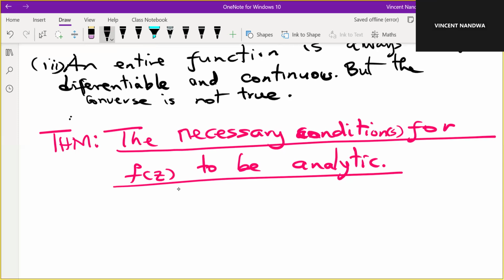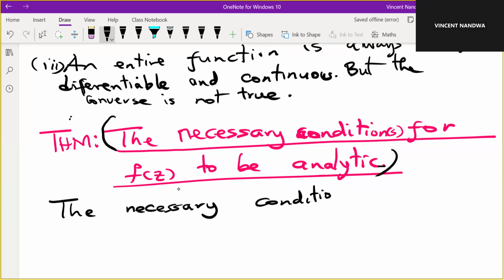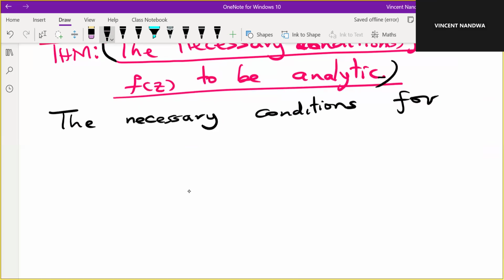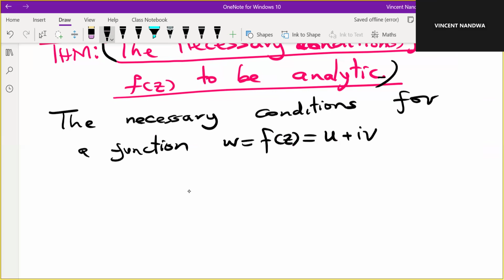So we give the statement first. The necessary conditions for a function w equals f of z equals u plus iv